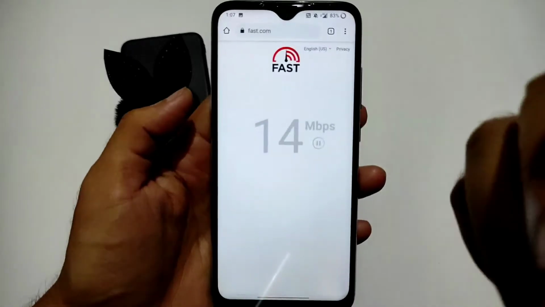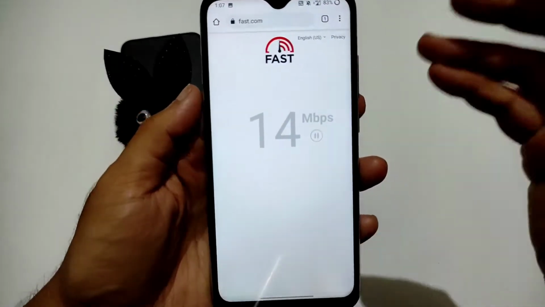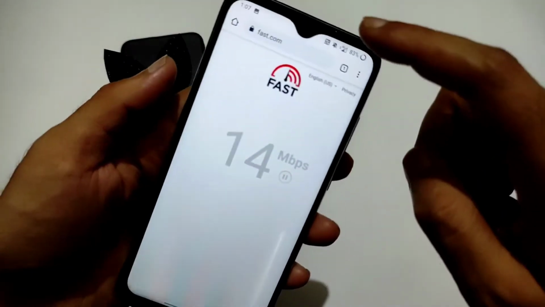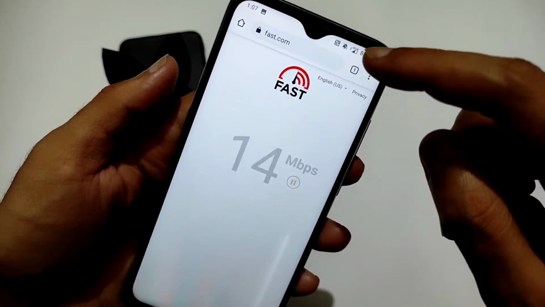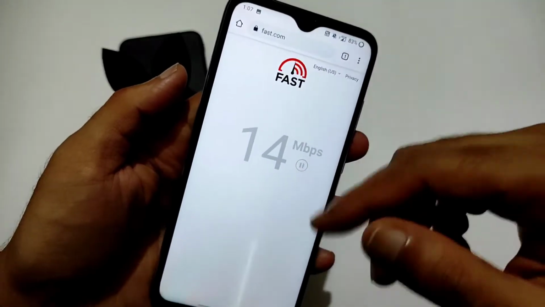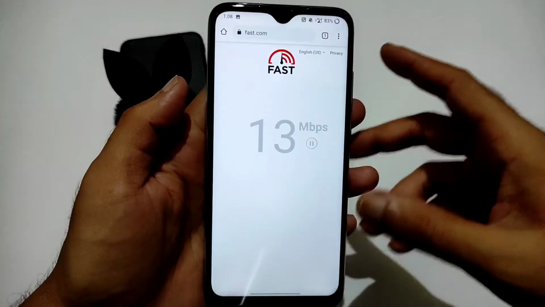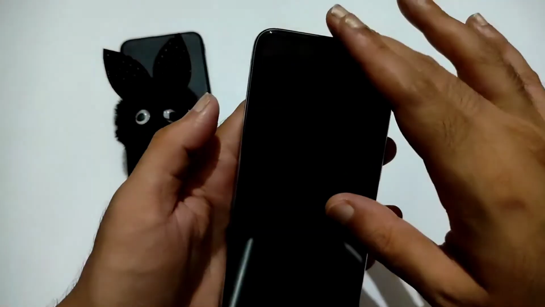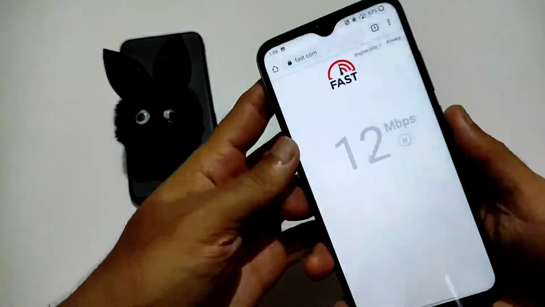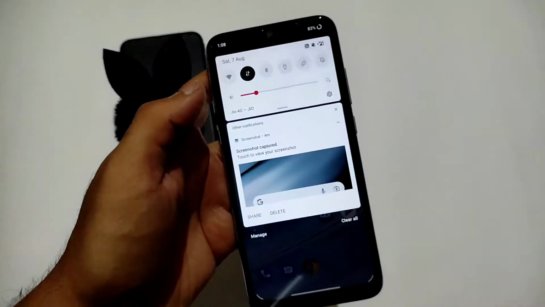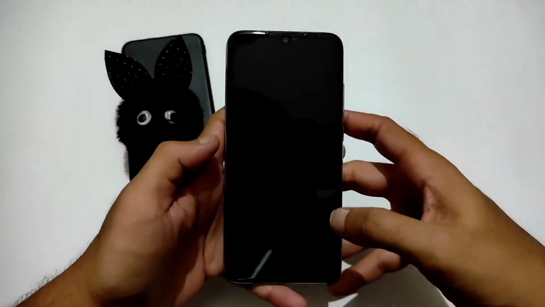I also don't know when the speeds are going to be good or not, but anyhow, that depends upon the network. As you can see, now the network is low, it's getting low speeds. That's how internet speeds depend on the network, with this ROM or any other ROM.